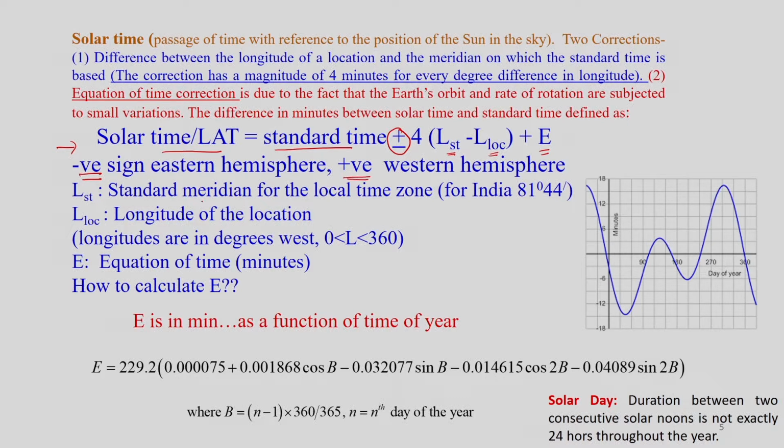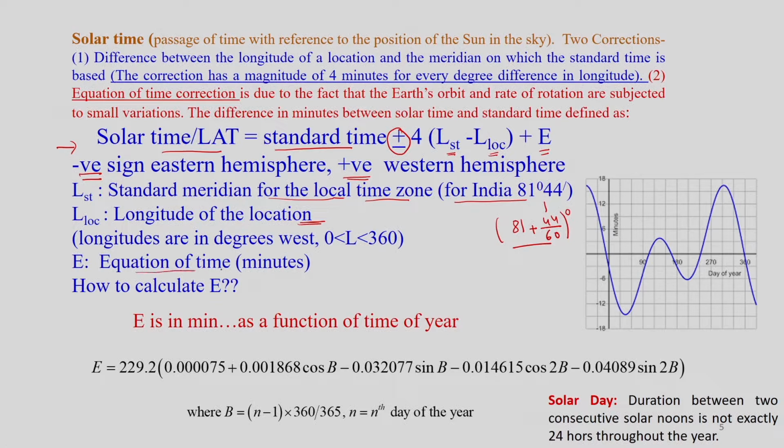And this LST is the standard meridian for the local time zone. For India it is 81 degree 44 minute. So, we can convert it like 81 degree, and then to convert the 44 minutes to degrees, we divide by 60. So, finally, it will be in degrees. Okay. And LOC is the longitude of the location, so that is known to us,